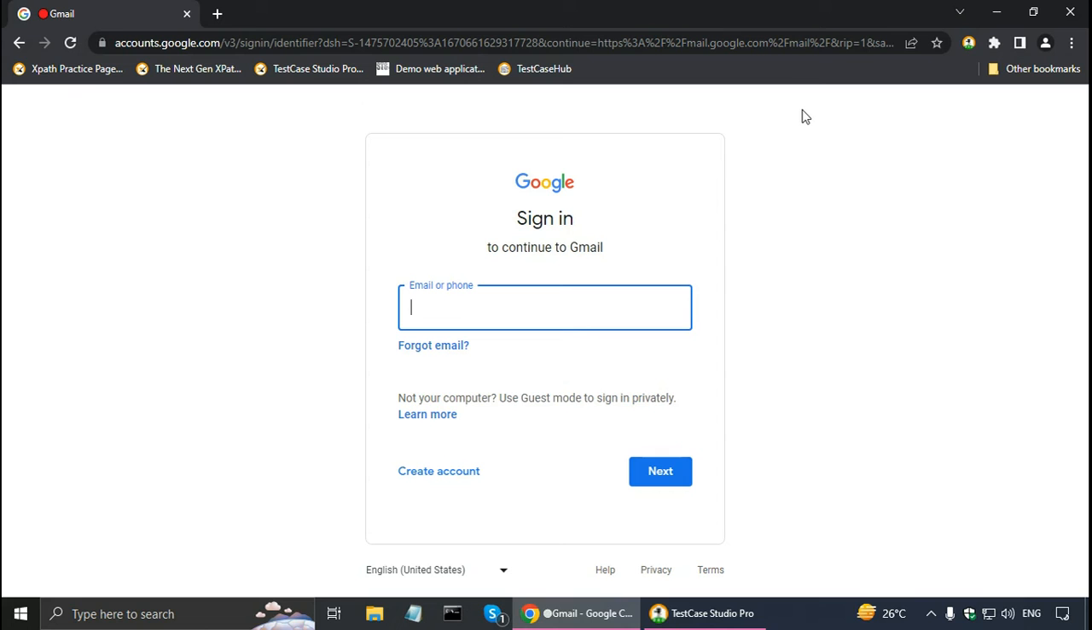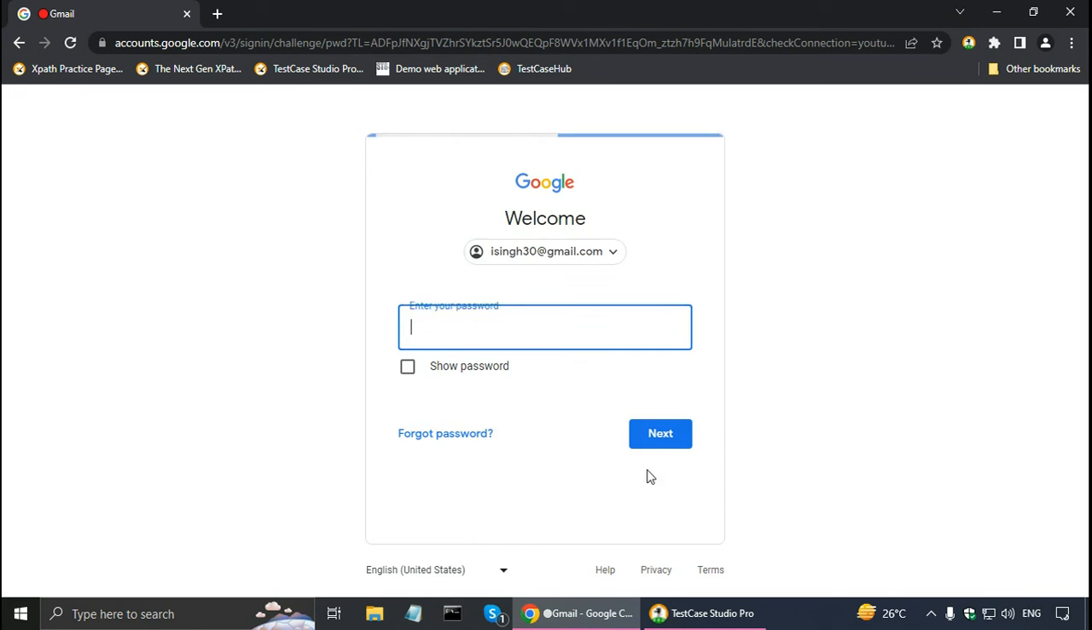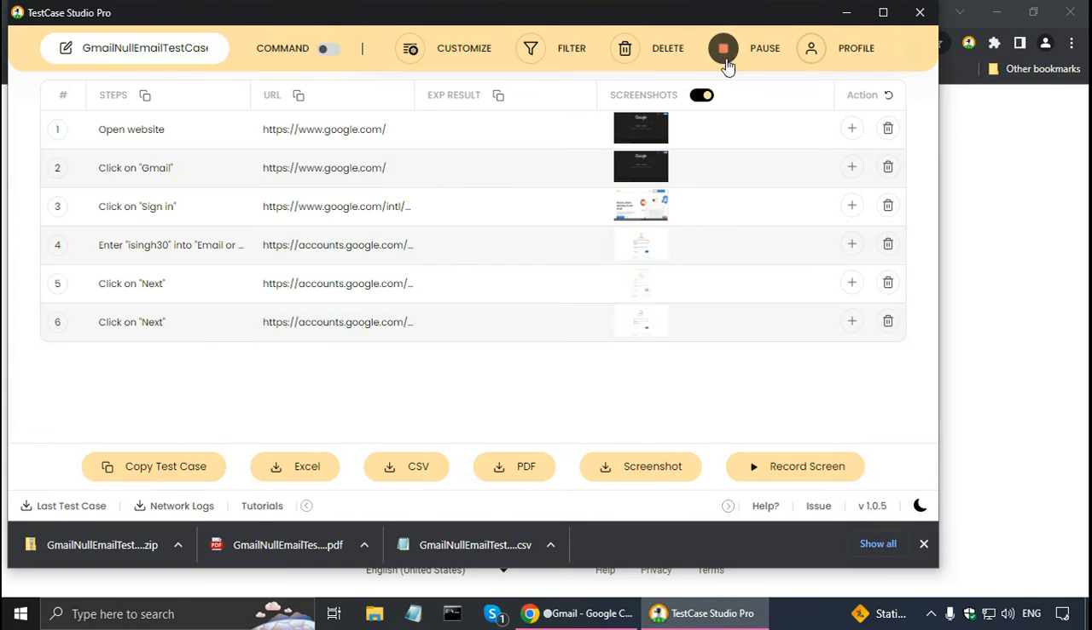and here I am going to put my valid email and click on next, but give a null password and click on next button here. So it says enter a password. Now I can stop the recording, and here we see that there is an extra step. So any extra steps can be deleted. I can just delete that,